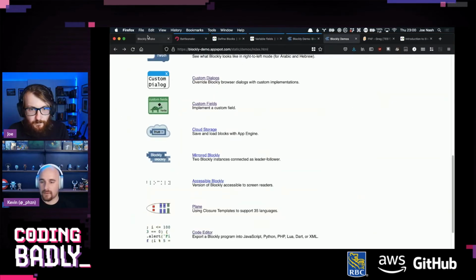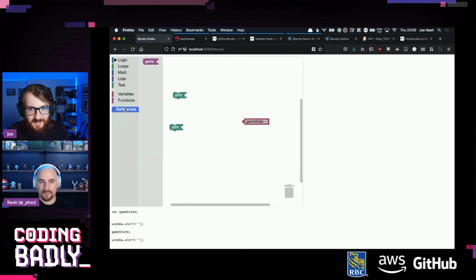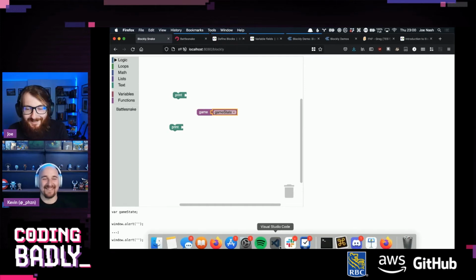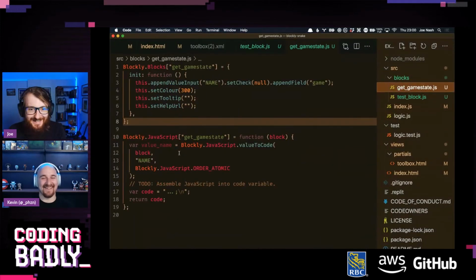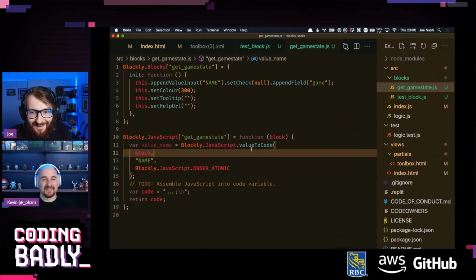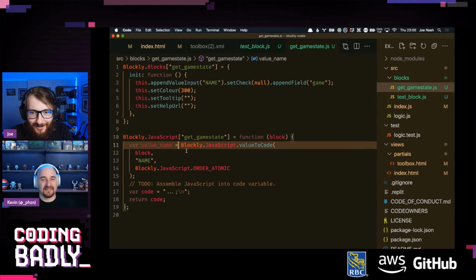Let's give this a refresh. Battlesnake! Game state. But then what? Well, we need to write this. So value to code, value name.